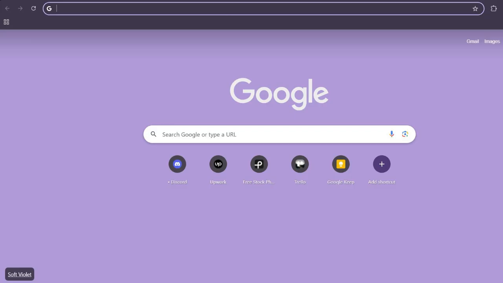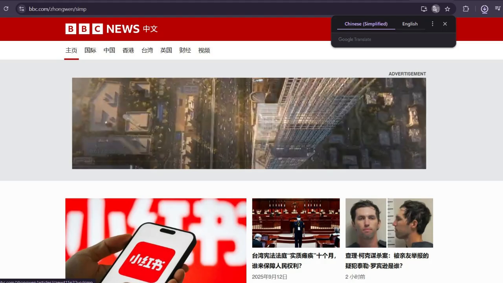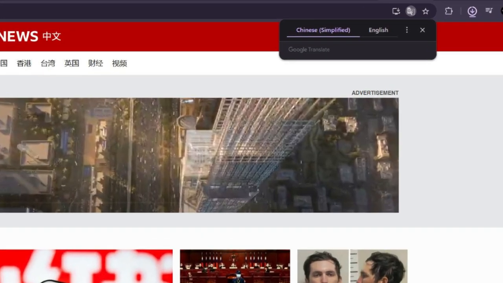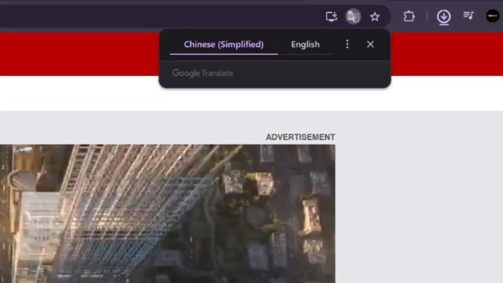First of all, go over to your Google browser and search for any website not in your language. For example, I'm gonna choose any non-English site, so let's go BBC News in Chinese. Click on the link, and as you can see you get this pop-up where you just click on English or your language to translate it automatically. But just in case that doesn't work for you, then there is another way you can do it by using